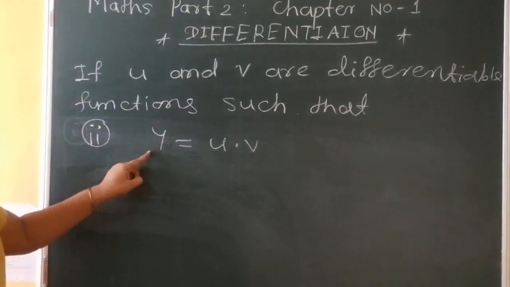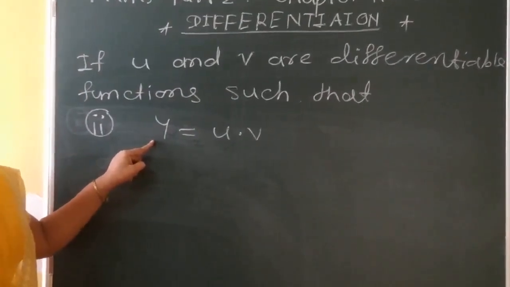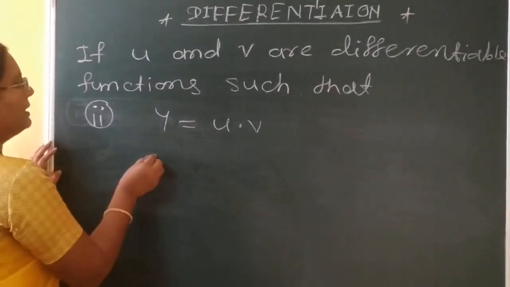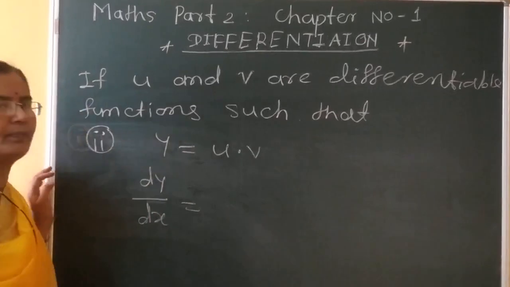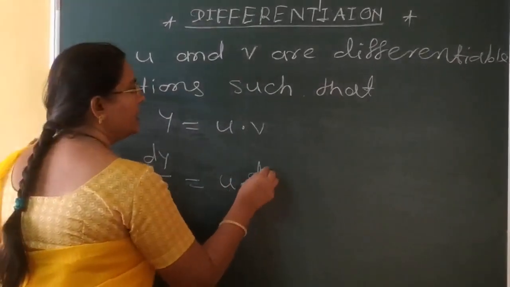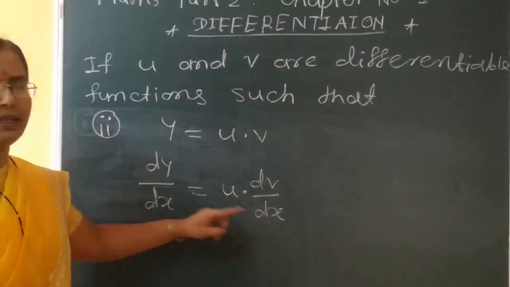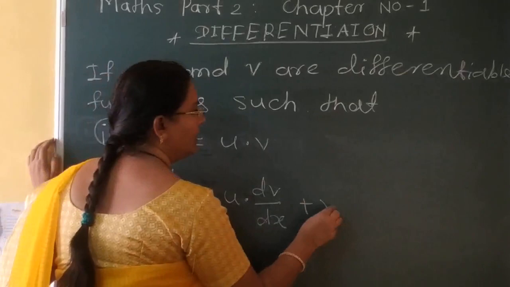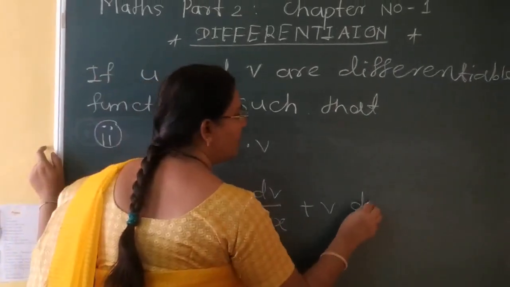Then we take this product as y and differentiate this y with respect to x. Then we get dy by dx is equal to, take the first function as u and take the derivative of the second function, that is dv upon dx,